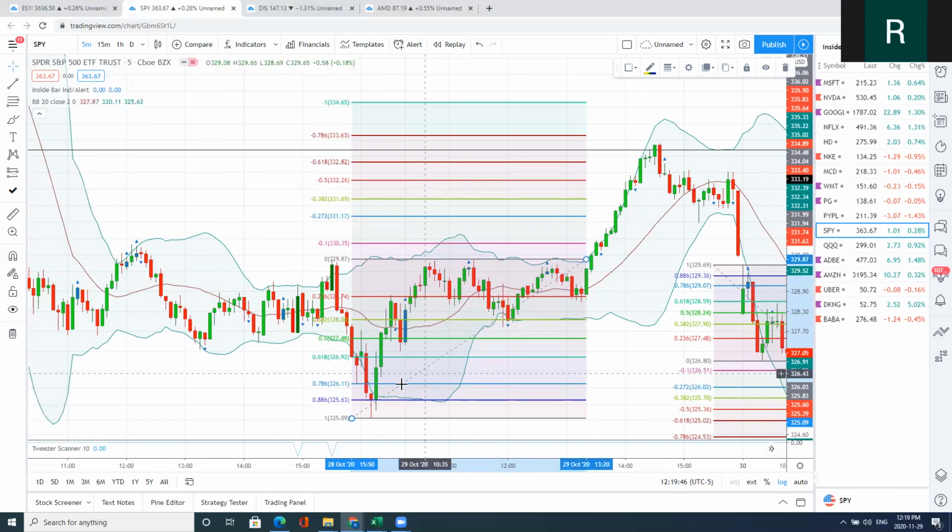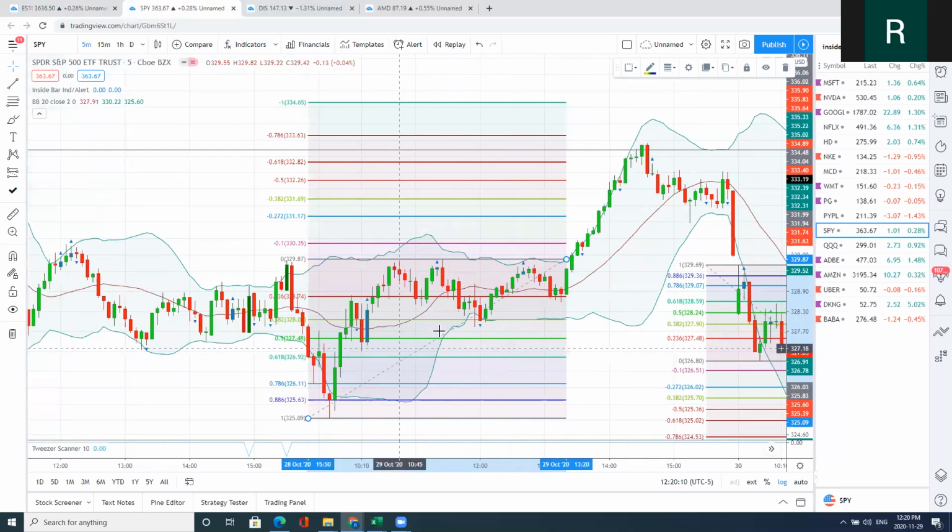So the full leg, and then again, we pull back to 382. So anytime we pull back to the 382, and we start to rally, it means that the bulls can't even wait for a 50 or 618, and we can get this type of action where we just rip, because you can clearly see here that they just want to buy every single dip. So again, we have an inside bar at the 382, and then we have another small green bar. So we can enter above the high,